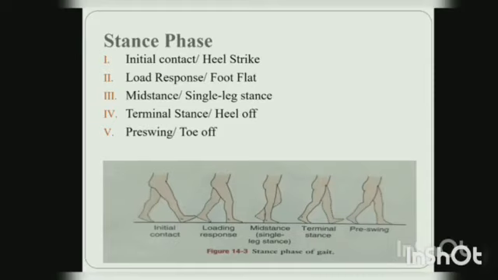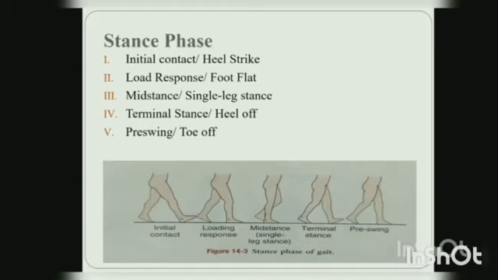30% of the gait cycle is covered by the mid stance, and it is the point at which the body weight is directly over the supporting lower extremity. Heel off occupies 40% of the gait cycle, and it is the point at which the heel of the reference extremity leaves the ground.